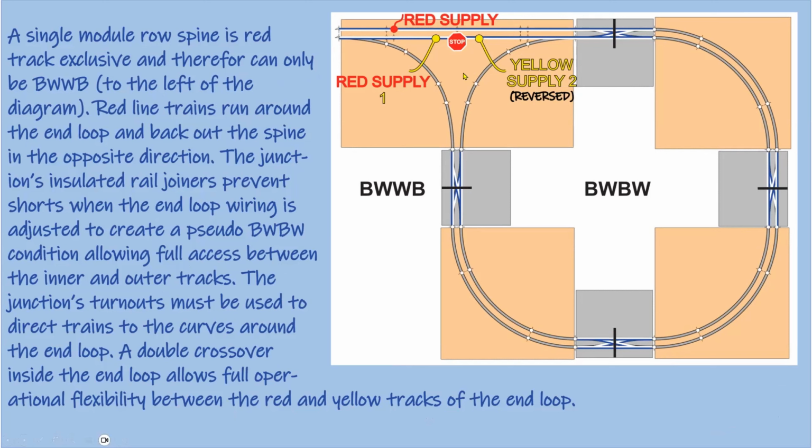Here, with a blue, white inner loop, all of these crossovers around the loop are fully available, but trains cannot go along the spine through the junction because of the electrical opposition here. There's that electrical cut again, so the trains can only go so far, and they shouldn't actually be in there at all. So just simply set the turnouts for the curves, and you can still get trains in and out